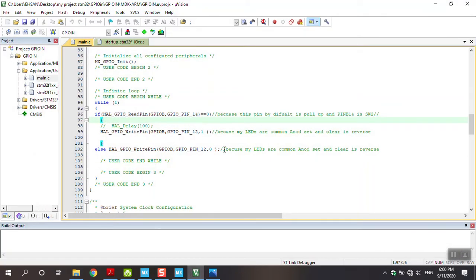Go through the code. I write this code: if HAL_GPIO_ReadPin GPIOB, GPIO_PIN_0. I explained that we have two parameters. One is the port. When we use ReadPin, we have two: the function is here, and we have the pin, the number of the pin. If this is 0,